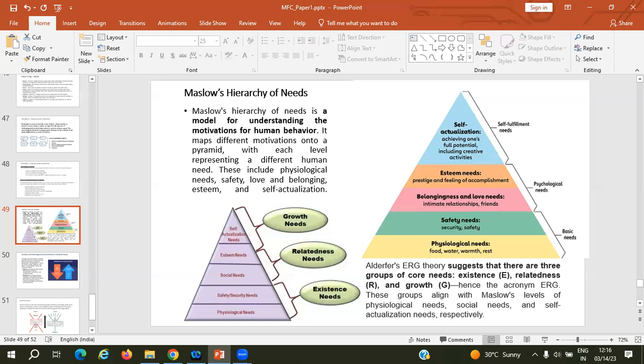So Maslow gave this opinion that once you achieve the first stage, then we'll go to the second stage. Once your psychological needs are fulfilled, then you go to the next step for the safety needs. Once, let's say, all these two things are achieved, you have the psychological needs, you have the safety needs, then you will go to the third step,